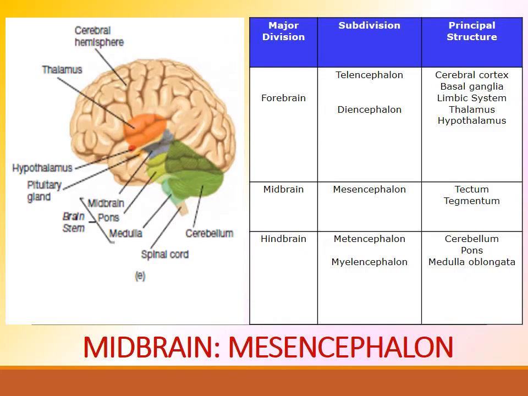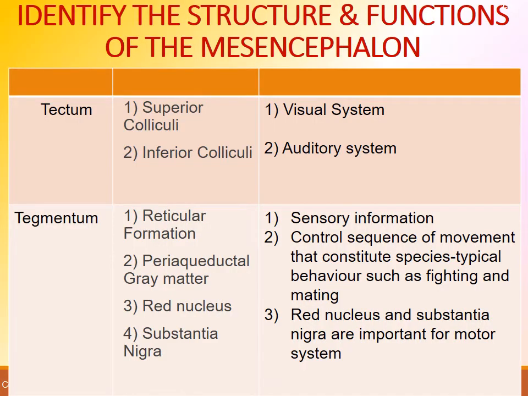Okay, now we look at the midbrain, which is the mesencephalon. The mesencephalon is divided into tectum and tegmentum. There are different functions for the subdivisions of the tectum and also the tegmentum. This is just the summary of the function respective to each subdivision. For example, the superior colliculi are involved in the visual system, the inferior colliculi in the auditory system, and the reticular formation in sensory information,